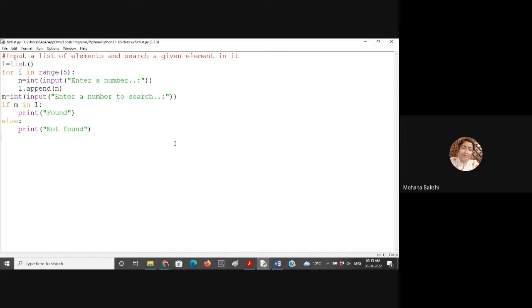Yes, you can use the find function. There you can print the index value also. So using that function, you can also do the program. And there you can print the index value of the first occurrence of the number, because the number may be present in the list more than one time, right? But that function will give you only the first index, right? Now, has everybody understood this code?